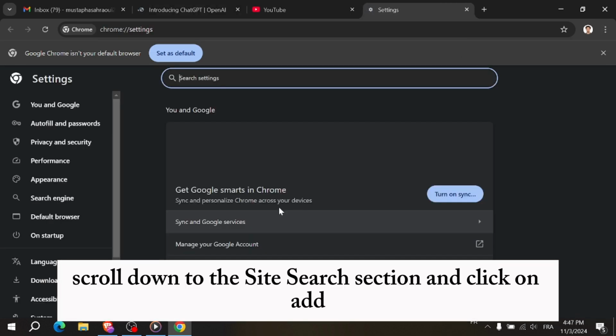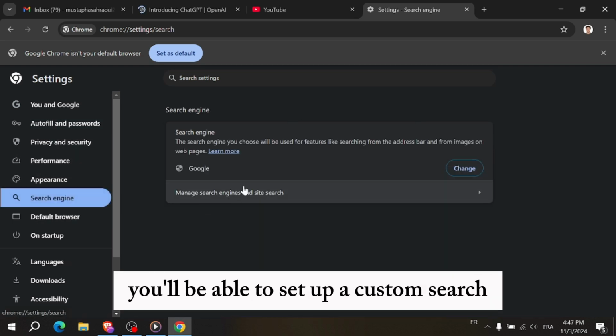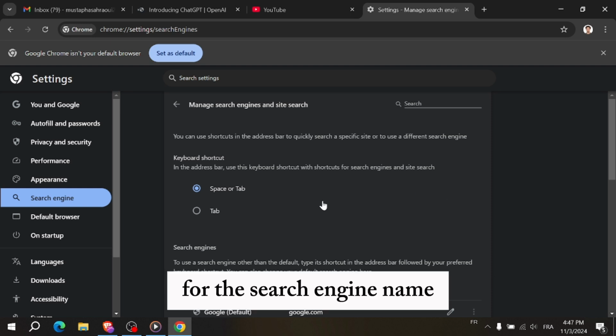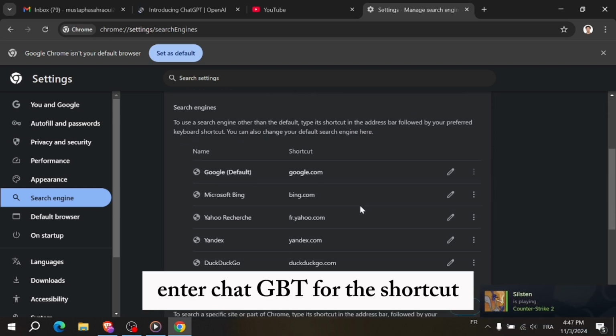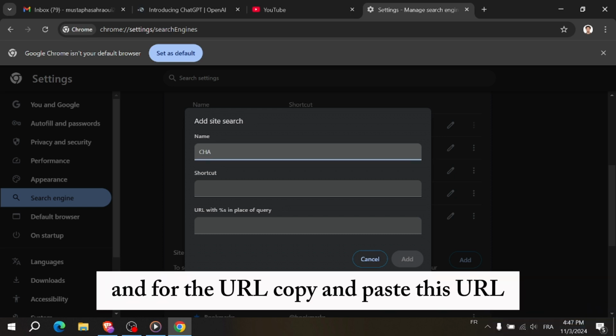Scroll down to the Site Search section and click on Add. In the pop-up that appears, you'll be able to set up a custom search. For the search engine name, enter ChatGPT. For the shortcut, choose a shortcut like GPT for easy access. And for the URL, copy and paste this URL,